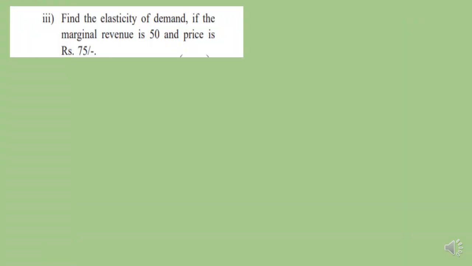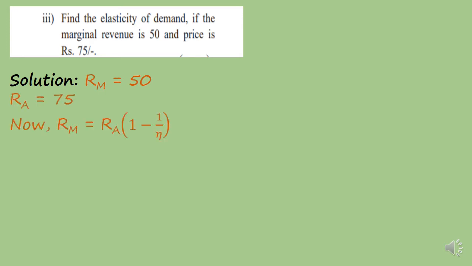The third question: find the elasticity of demand if the marginal revenue is 50 and the price is rupees 75. Now here what is given? Rm is given directly as 50. The price of a commodity is given. The price is nothing but average revenue. So Ra is 75. We have to find out eta. So here, applying this formula and substituting all the values here,